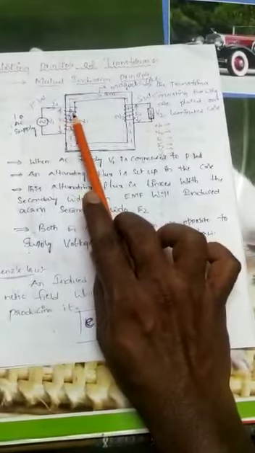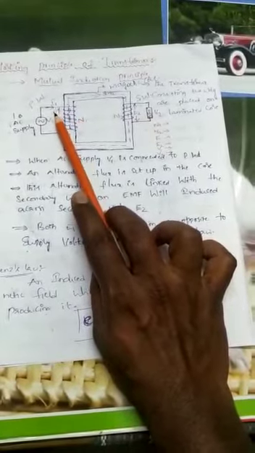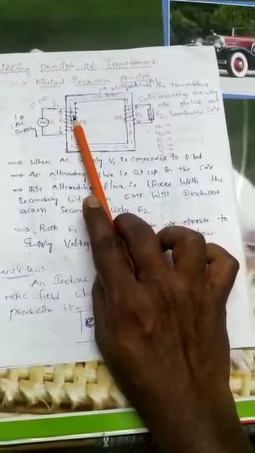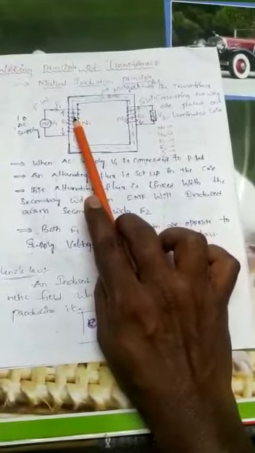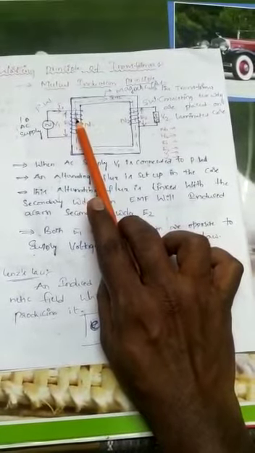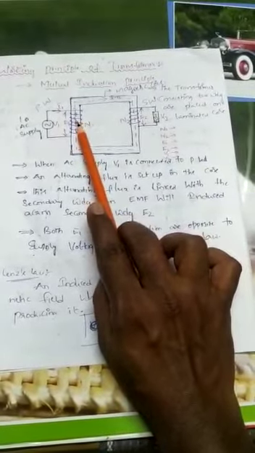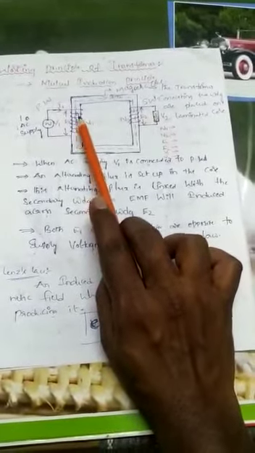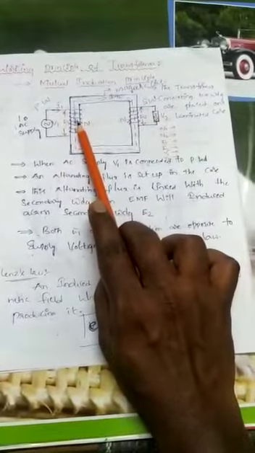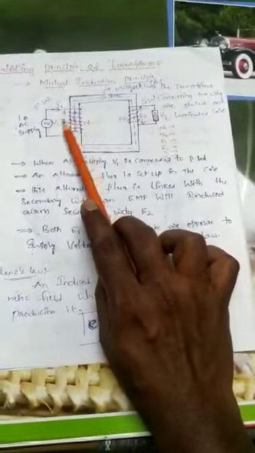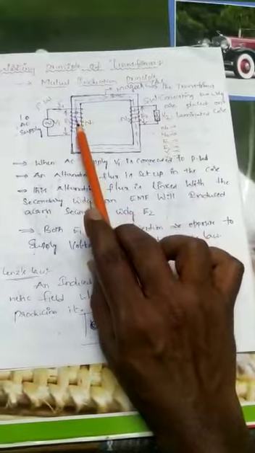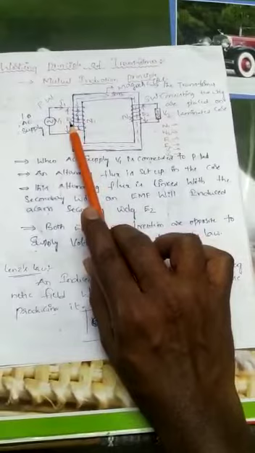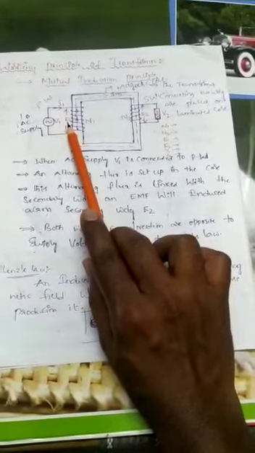Why? Because the primary winding carries the current, and due to this current flux will be produced. According to Faraday's law of electromagnetic induction, whenever flux lines link to a conductor or winding, an EMF will be induced. Here the field produced by the winding links to that same winding, and the EMF induced is called a self-induced EMF.